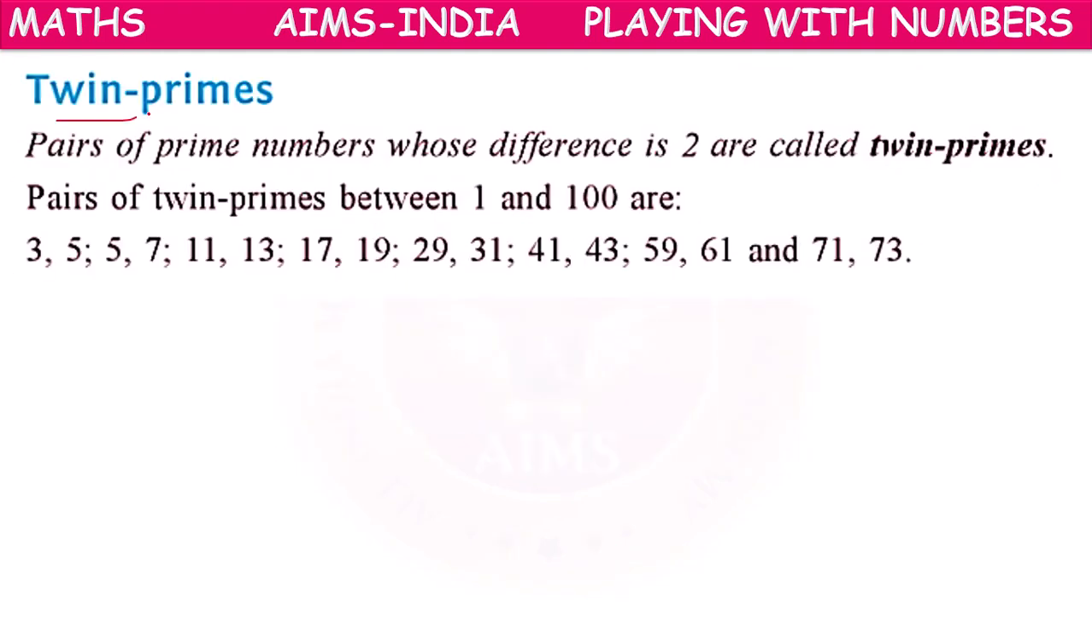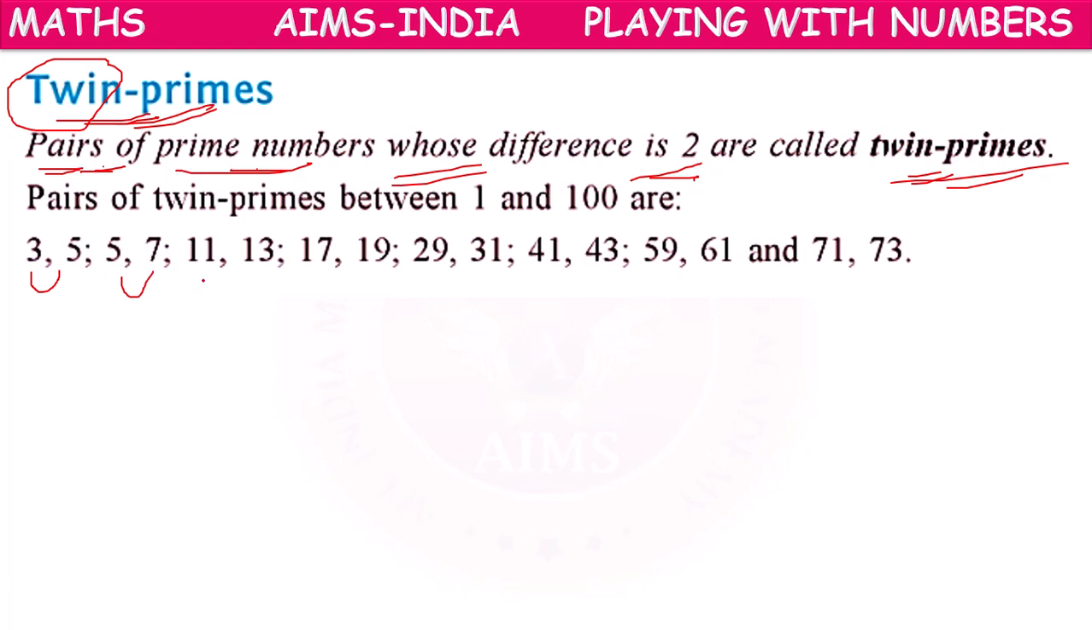Next, twin primes. Twin means two, meaning pairs of prime numbers. Pairs of prime numbers whose difference is 2 are called twin primes, like 3, 5; 5, 7; 11, 13; 17, 19; 29, 31; 41, 43; 59, 61; 71, 73, like that. If their difference is 2,